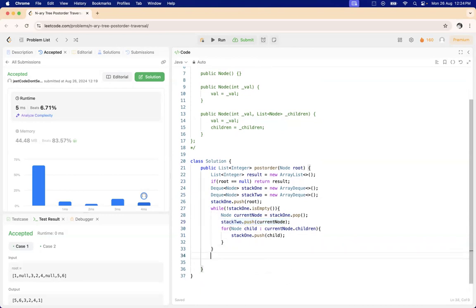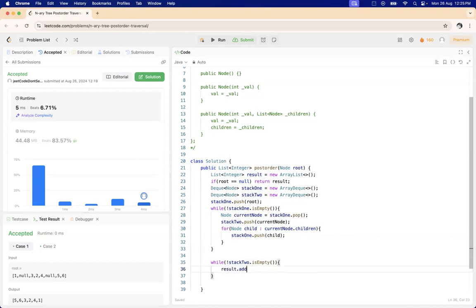After this, while stack 2 is not empty, because we need to pop from stack 2,